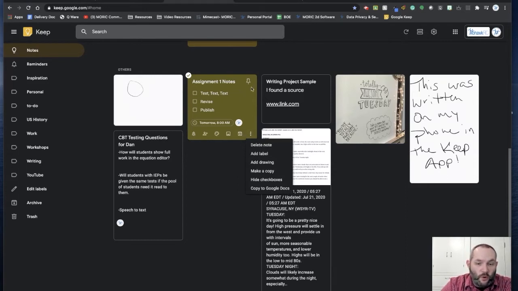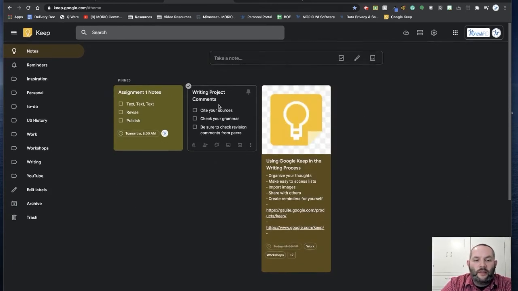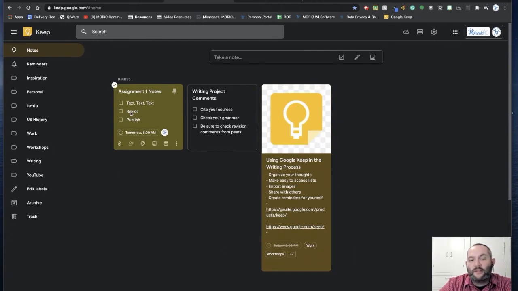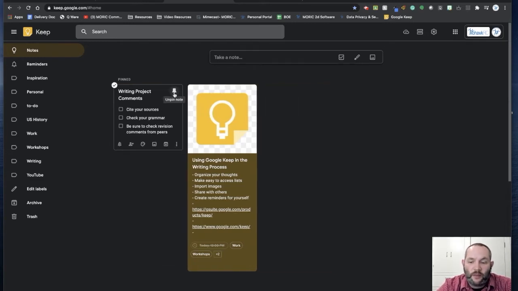If I click on the More menu for that option, excuse me, not the More menu, the top right corner has the push pin icon. If I click on the push pin, now that's a pinned note that appears at the top of my list of Google Keep notes. Now I can access that at any time. And if I decide later on I don't want it to be at the top of my list, I simply re-click on that push pin and it unpins it from the top of the list.